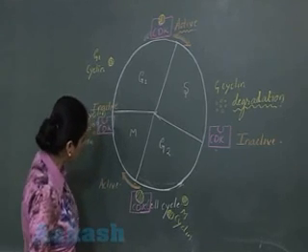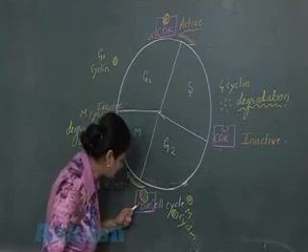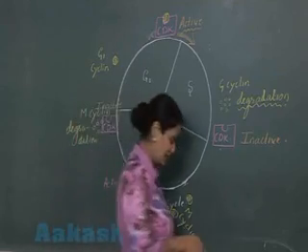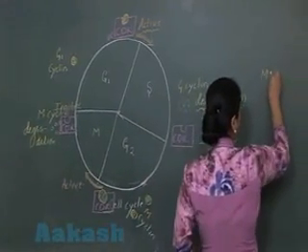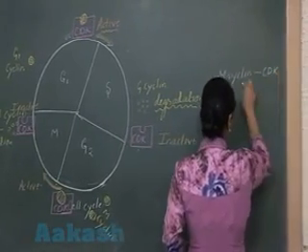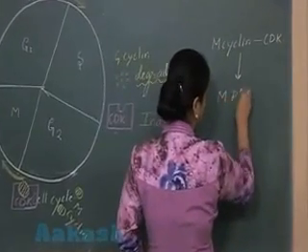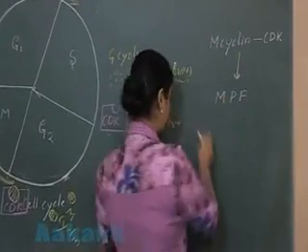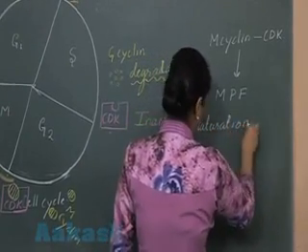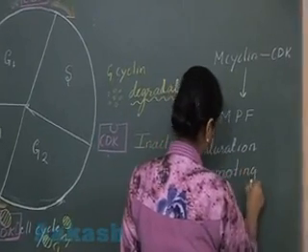Now here I would like to add one thing कि ये जो M cyclin है ये ज्वाइन कर रहा है CDK के साथ, तो ये जो कॉम्प्लेक्स बना, M cyclin और CDK, ये जो कॉम्प्लेक्स बना, दिस कॉम्प्लेक्स इज नोन एज MPF, that is maturation promoting factor।